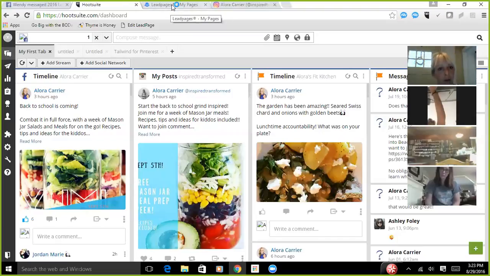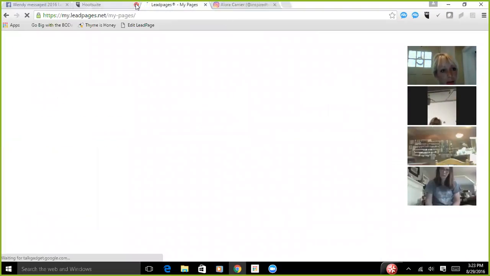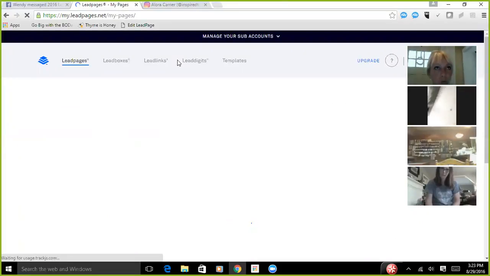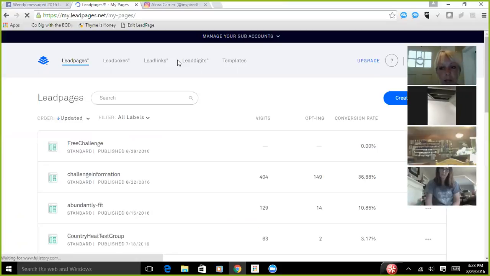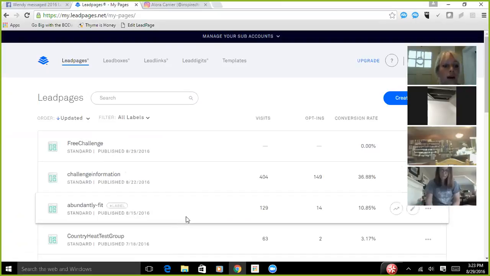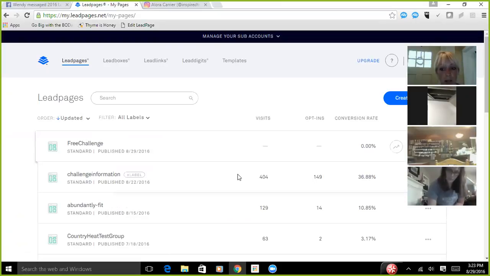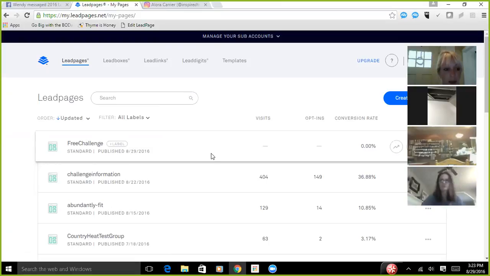speaking of, we'll go to lead pages. I'm going to get out of Hootsuite here. If you're not using Wufoo or Jotform for a landing page for your customers, something other than drop your name below or email me here at, I would suggest using one of those forms so you can get customer information, or take a step up if you can afford $25 a month or something to get something like Lead Pages,